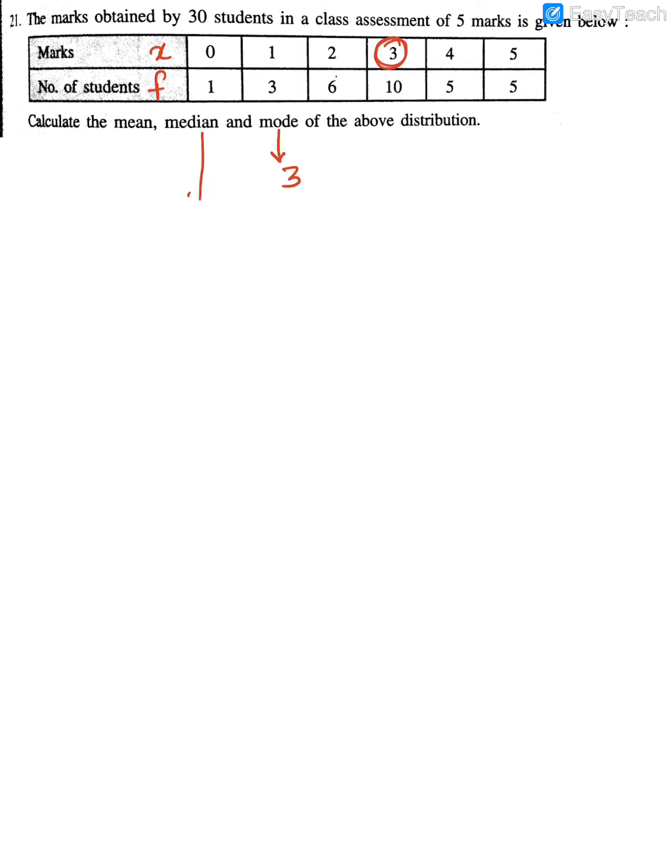For median, what will you do? First you'll find out CF, and then you'll find what? 30 students, right? So you'll have to find the 15th plus 16th term upon 2. Okay. I'll just tell you the answer. So your median will also come as 3. I'll repeat once again. You have to use what formula? N by 2th term plus n by 2 plus 1th term upon 2. For mean, you have to just do sigma fx upon sigma f. What will your answer come out here in mean? Even that will come 3. So look at the coincidence. All the 3 answers are coming 3.